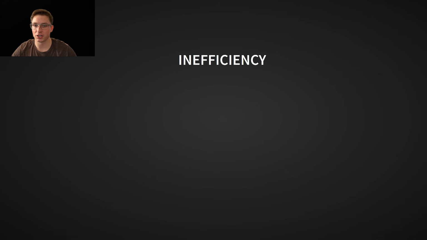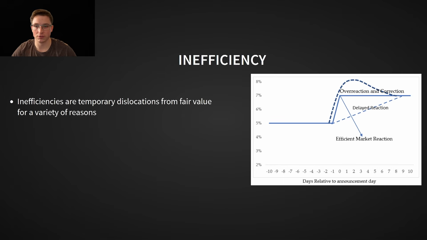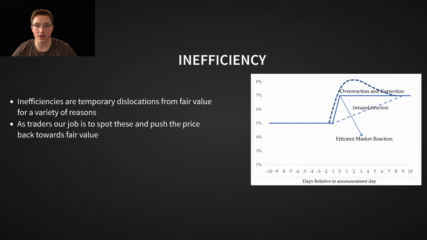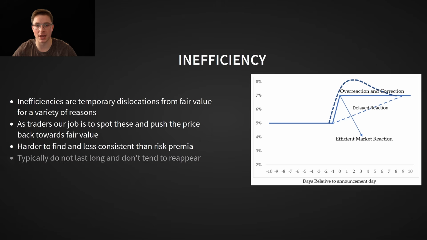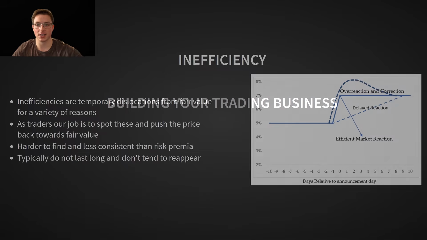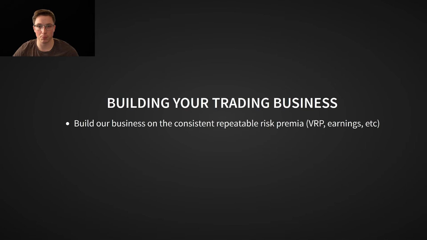On the other hand, inefficiencies are something different. They're usually short-lived or one-off mispricings. These arise from temporary issues like low liquidity, sudden imbalances in supply and demand, market panics, execution delays, overreactions, among many other reasons. Sometimes structural events like index rebalancing or forced selling create these fleeting opportunities as well. Inefficiencies tend to be more profitable, but they're also harder to find and harder to consistently exploit.